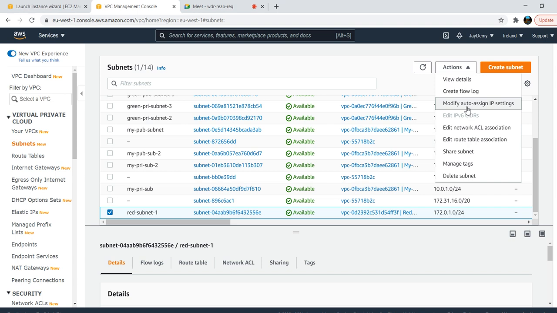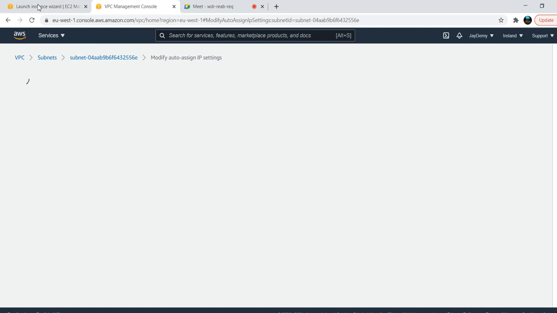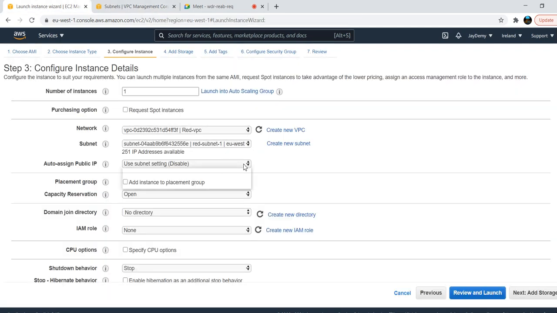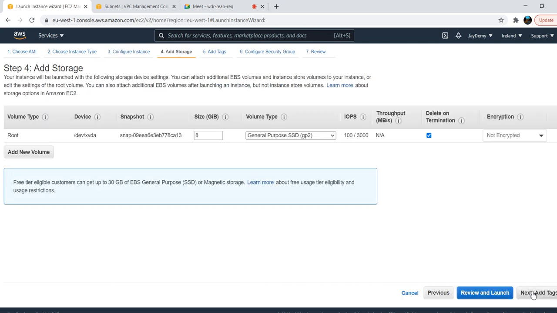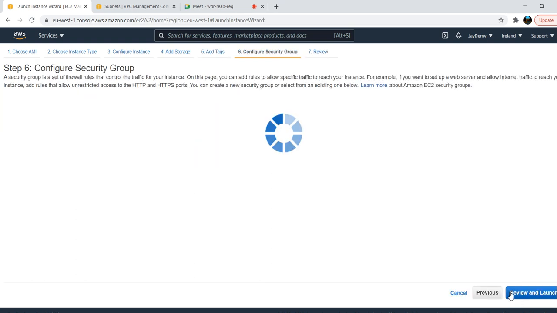It is not enabled. See this one, it is not enabled. Don't forget to enable it while you are practicing. Just save this one. So okay, I'll just go and enable. If you enable that option at subnet level, by default it will be enabled. I didn't do it, so that is the reason I'm doing it here. So those are the two things you need to make sure of whenever you are creating.